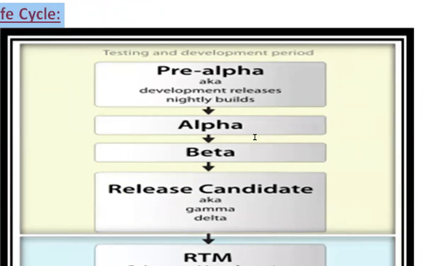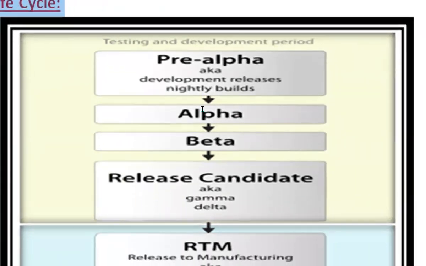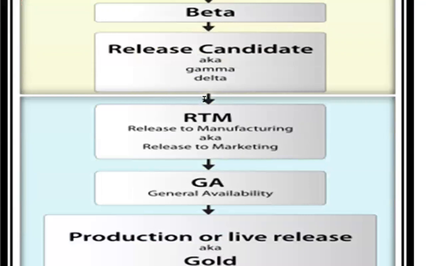So tomorrow when you start working in the industry, if a company wants to launch a software in the market, it's not like directly launching it. They'll go through different phases: the first phase is pre-alpha, then alpha, then beta. You must have heard about beta; software comes in a beta version. Beta version means just a trial version, but before beta they have alpha. Then we come to the RC, release candidate. Release candidate means from here you can start developing your applications and start the testing process.